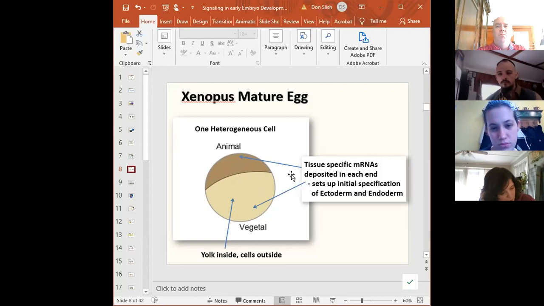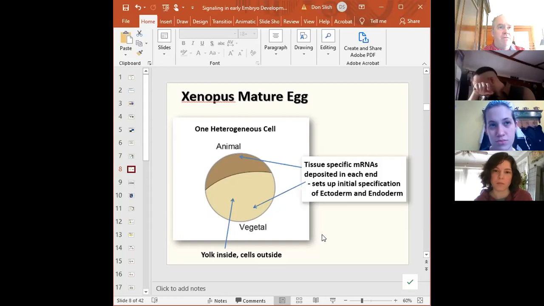And while the egg is being made, you get specific messenger RNAs that will be attached to the top of the pole, at the top of the egg and at the bottom of the egg. And that will make this a certain tissue and this a different tissue once it starts to divide. And an important thing to keep in mind is that's really going to drive development until you get to about